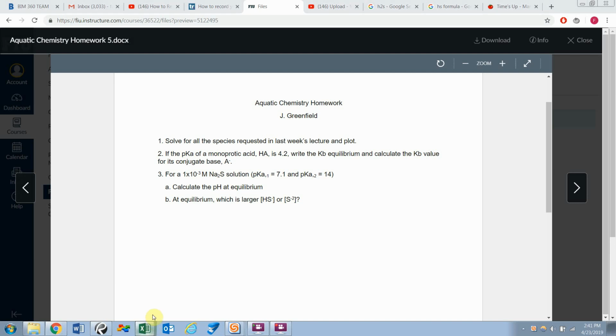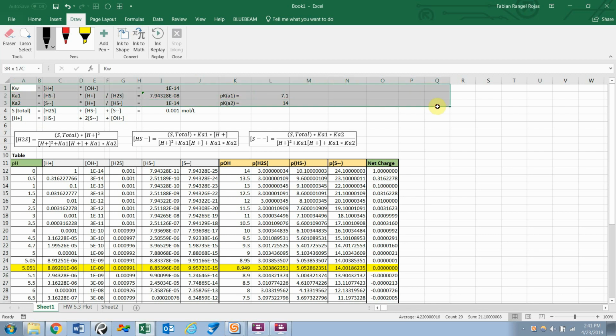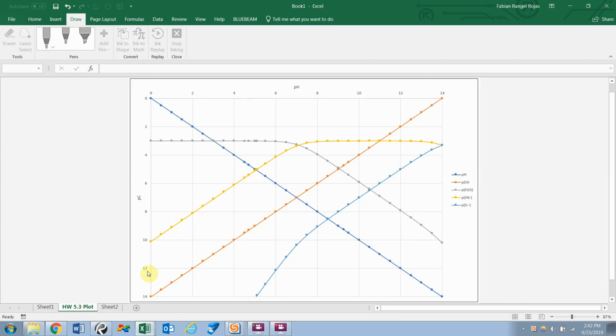Hi everybody, today I'm going to be doing a tutorial on how to solve problem 3 for homework 5 in our aquatic chemistry class. The goal today is to basically come up with a solution via Excel, and I'm showing what the final product is going to look like, and what our plot is going to look like at the